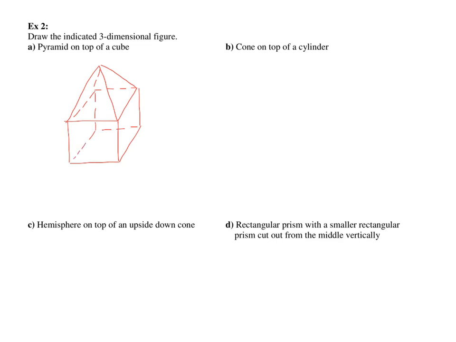Done. A cone on top of a cylinder. So we start off with the cone. And it's on top of a cylinder, so continuing the cylinder, we have this. All right, there we go. A hemisphere on top of an upside down cone. All right, so hemisphere. And then we have